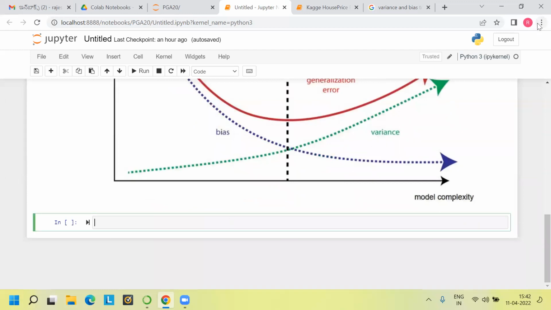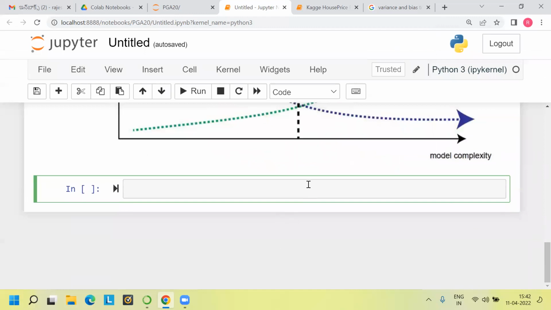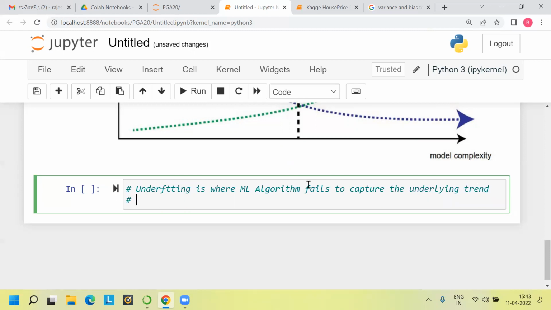So basically, underfitting is where the machine learning algorithm fails to capture the underlying trend or pattern in data. Underfitting is where the machine learning algorithm fails to capture the underlying trend or pattern of the data. So the ML algorithm does not fit on the data,